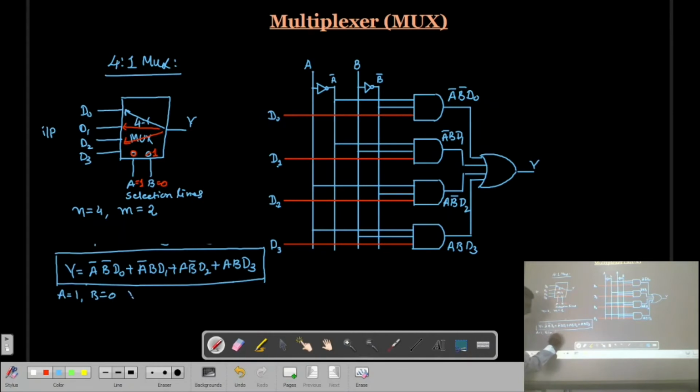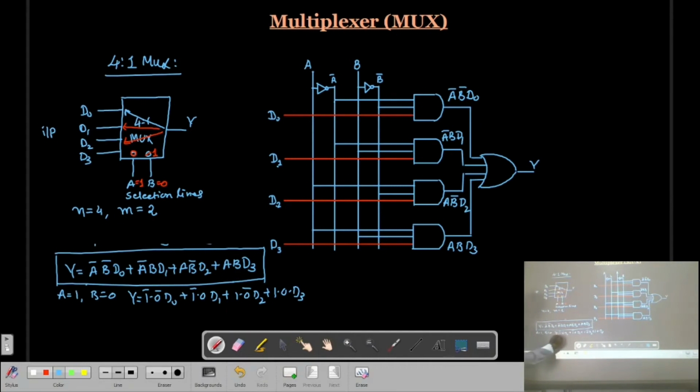Then what is y? y is equal to A bar B bar D0 plus A bar B D1 plus A B bar D2 plus A B D3, that is, 1 bar into 0 bar D0 plus 1 bar into 0 into D1 plus 1 into 0 bar D2 plus 1 into 0 into D3.